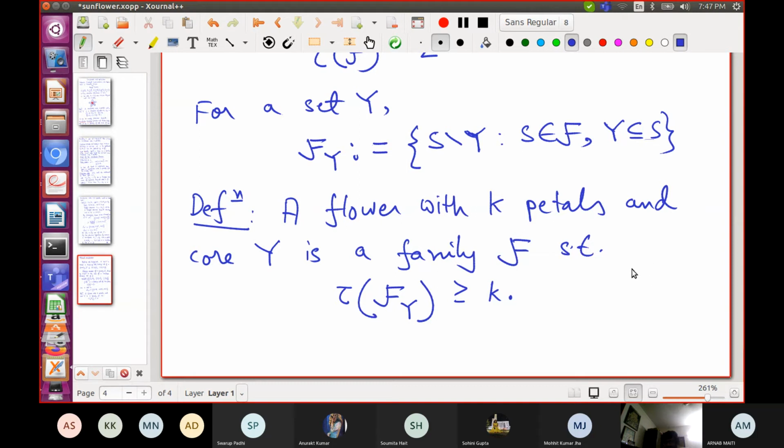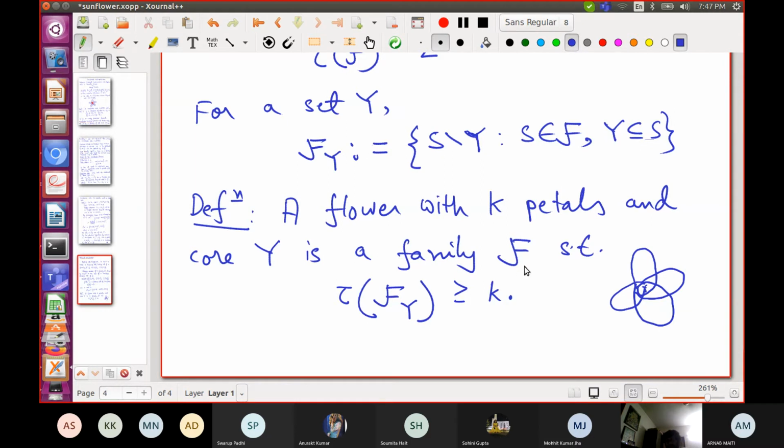Now let's first observe that it's a relaxation of the sunflower property. So let's consider a sunflower. Let me draw here. So this is Y. Terrible diagram, sorry about this. Let's say these four sets are my family F. So my family F is a sunflower.